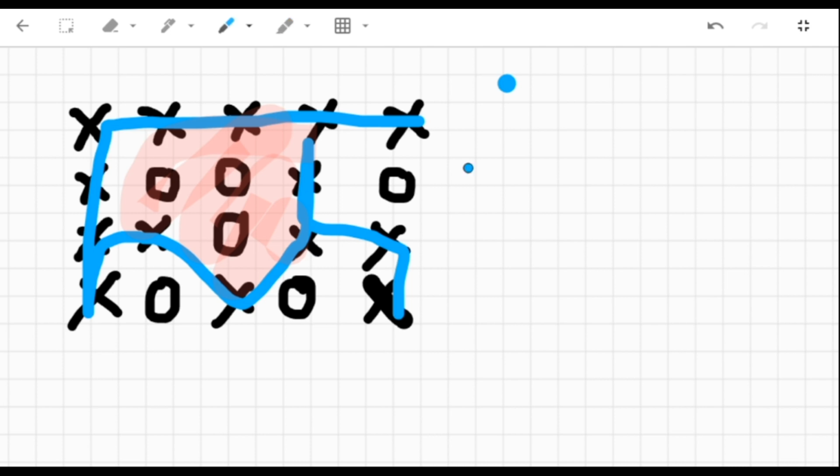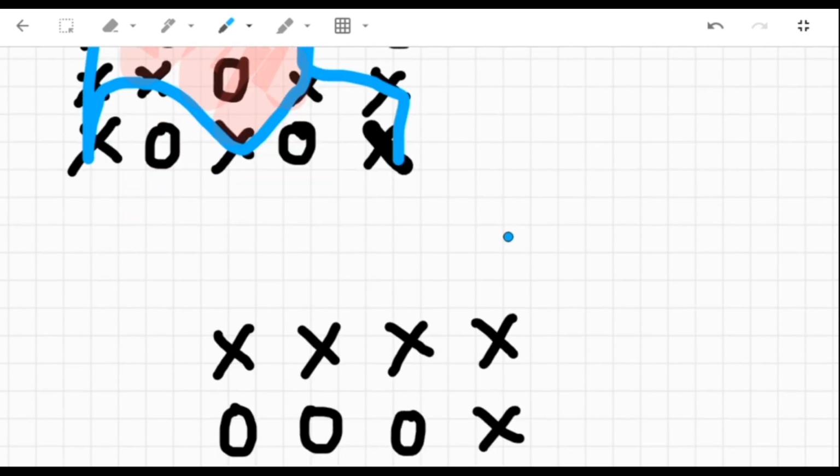The initial idea that comes to mind is that we can simply check, if all the neighbors of an O are X, then we flip it. But that is clearly wrong, because for this O we have two neighbors that are O, but it still has to be flipped. So how can we deal with it? We get the idea that if we have O's on the border, then they won't get flipped. So if we check the O's on the border and their neighbors, those connected O's will not be flipped, and the rest can simply be flipped. Let's try to understand it here.